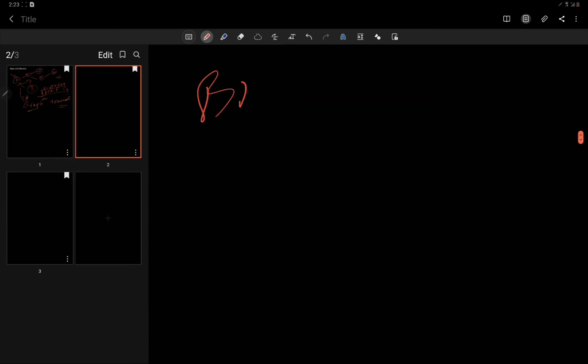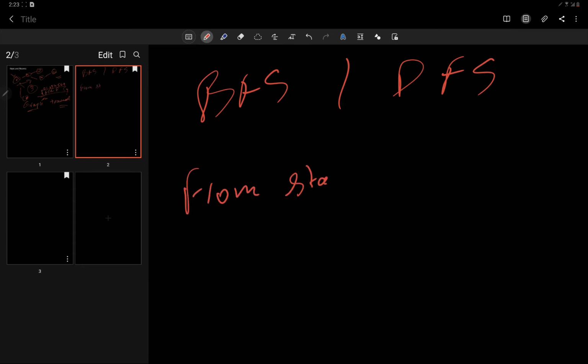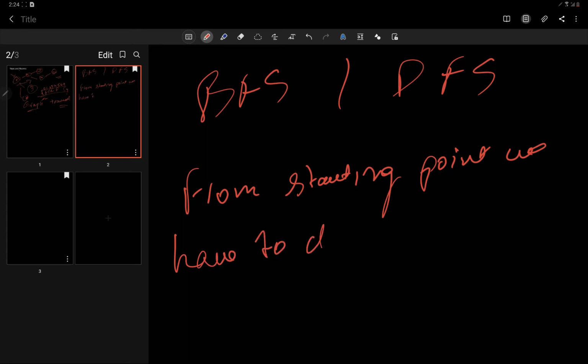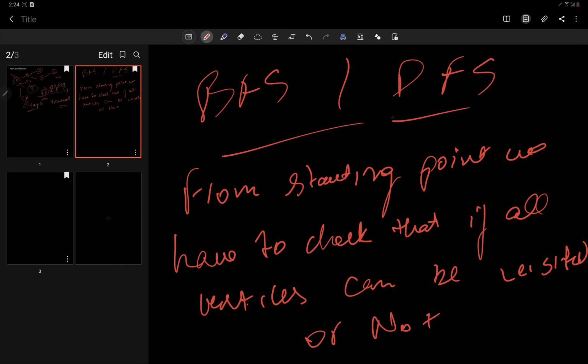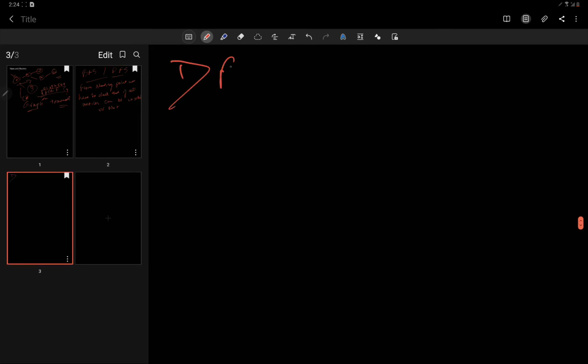So we can use any algorithm, BFS or DFS, because from the starting point we have to check whether all vertices can be visited or not, alright. So we can use any. I'll solve this using the DFS approach.